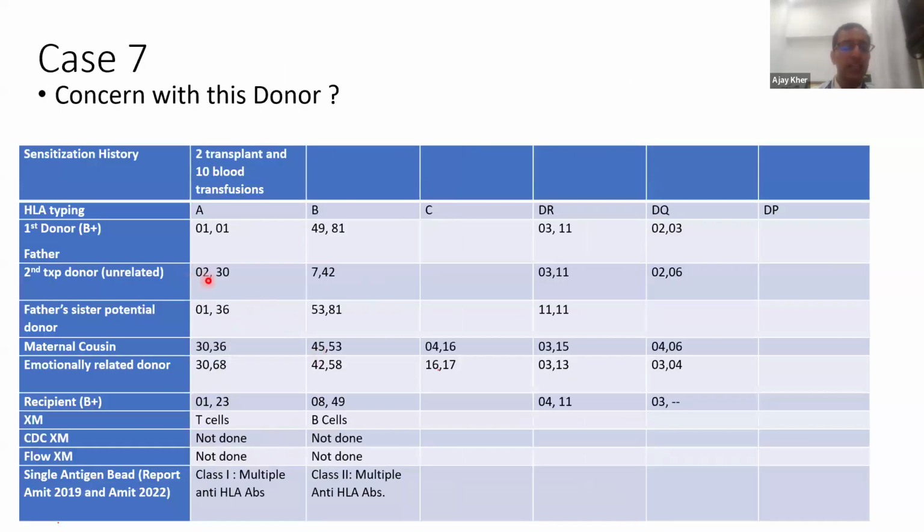The other part is that the second transplant donor, this 30 that is there, is also available here. And so if we repeat the single antigen bead, there is a high possibility that now he's making antibodies against this 30, which will pop up once we redo the antibodies post the nephrectomy and stopping immunosuppression. Which is why if someone is planning to move forward with a second transplant or a third transplant, keeping immunosuppression going for them is critical to ensure that they don't get heavily sensitized and then can't get a second transplant